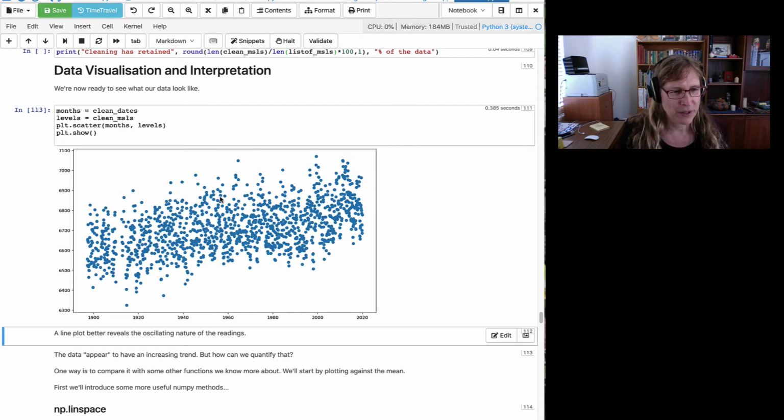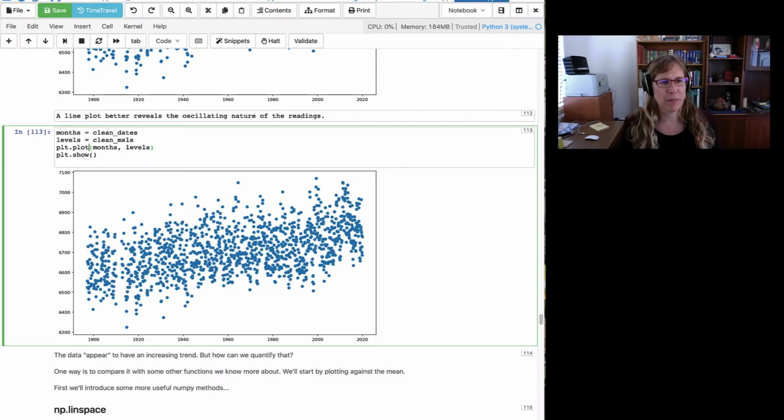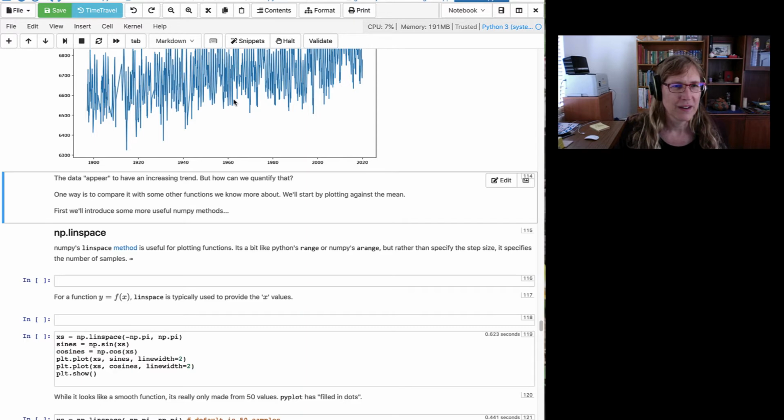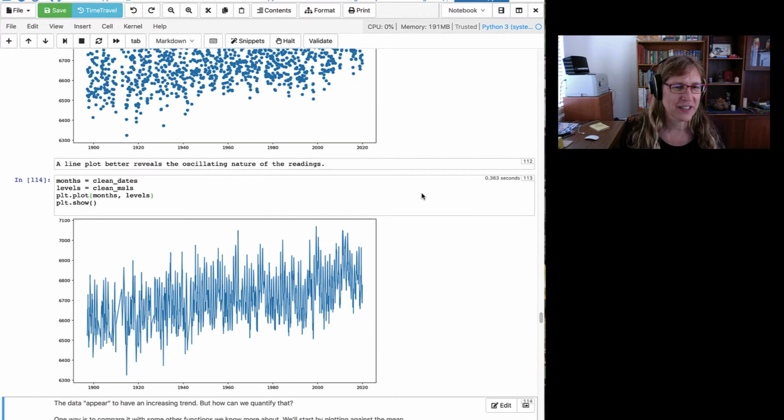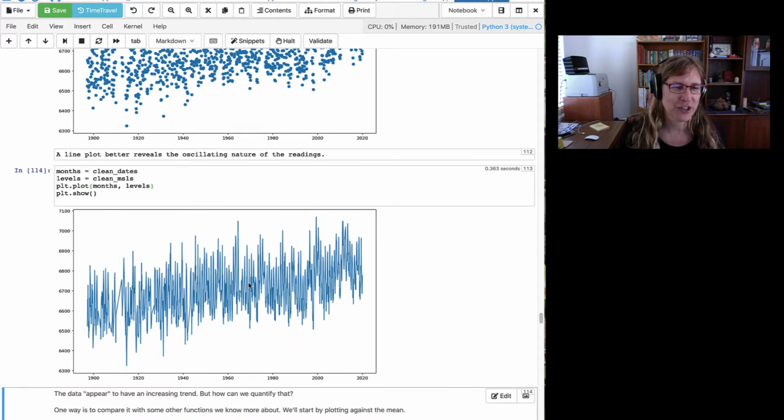First though, we might do a line plot, because it's difficult to see exactly what's happening from month to month, because the dots are so close together. We don't know if it's wiggling around here then coming down here, or whether it's going like this. To do a line plot, we can just use plot, as we've seen before. Okay, so this one shows a similar trend to what we think we're seeing here, generally upward, but it shows a bit better what's going on, which is quite interesting actually, because it's got these